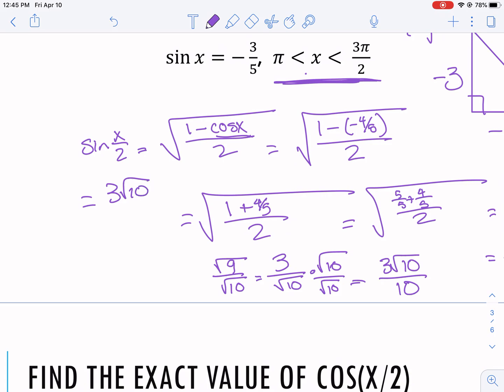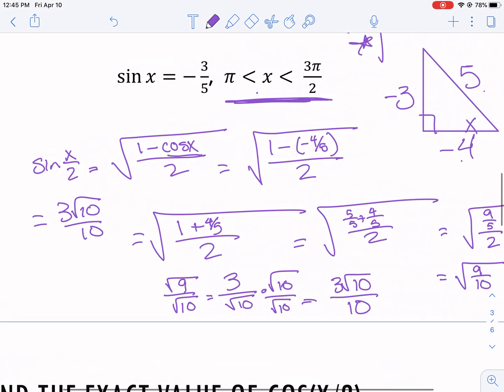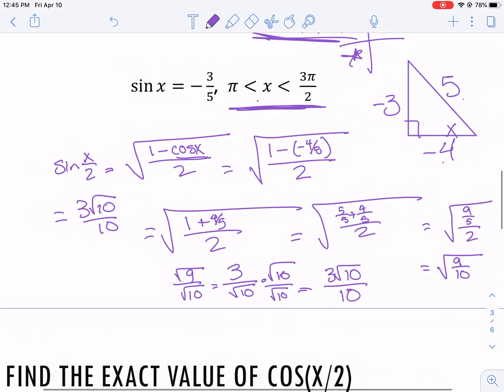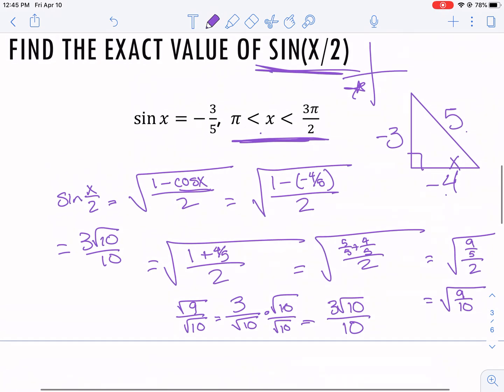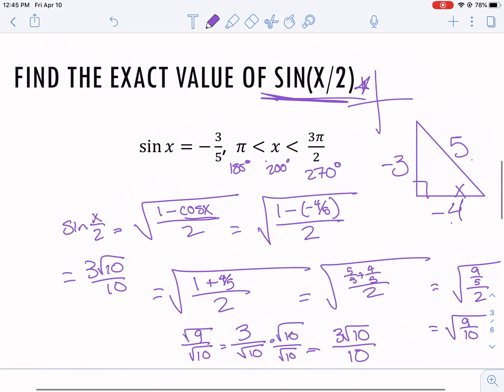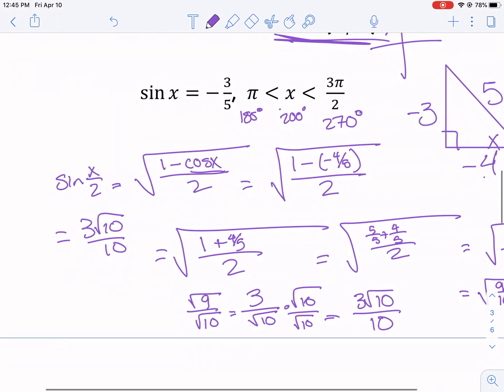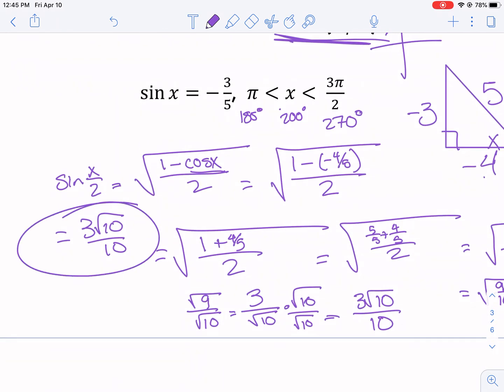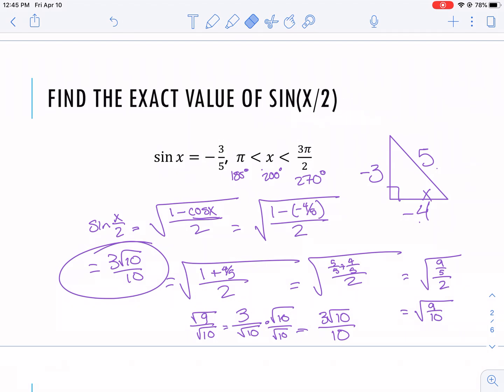So then we need to determine, is it going to be positive or is it going to be negative? So if you think about, again, like last time, we just pick a random angle. So I'm going to pick an angle between 180 degrees and 270 degrees. A nice one that's off the top of my head is 200 degrees, right? That's in between. Well, if I take half of 200, that's 100. Well, that would move it up to here, right? So that actually sine, it's positive. Okay, so it started out negative, but it's going to be positive in this case